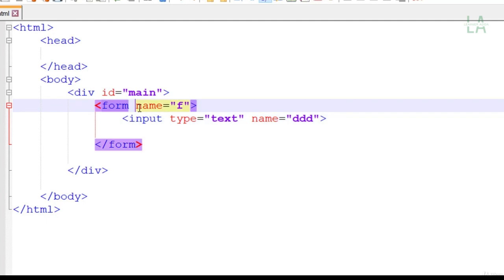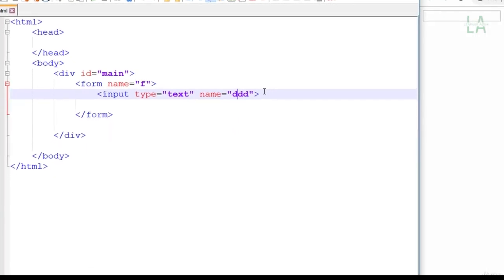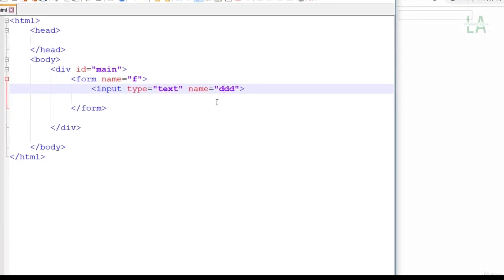Its parent form tag is F and the name of the text box is DDD. So I would call it f.ddd. So the name of this text box now is f.ddd. So now let's proceed further